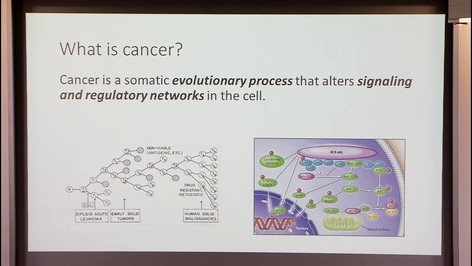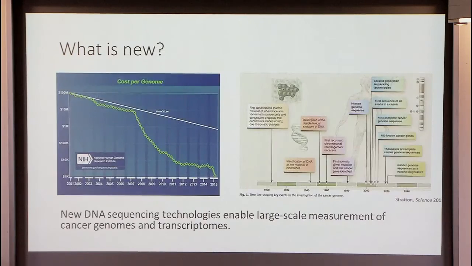So here's maybe our attempt, well, this is one attempt, I guess my attempt. I didn't want to get you in trouble for this if this is a really bad attempt to define cancer, but it's an evolutionary process, somatic mutations, but then there's this notion that it's altering these signaling and regulatory pathways, and all of these properties are important. So all of what I told you has been known for a couple of decades roughly.